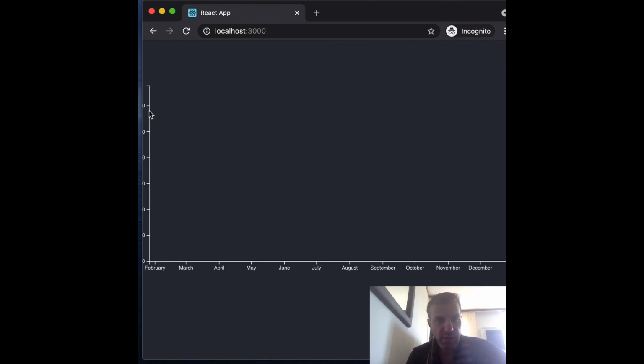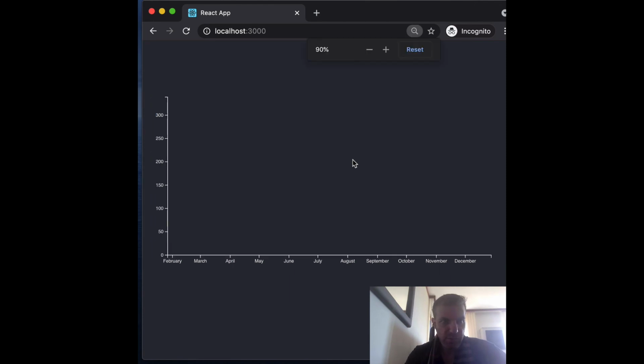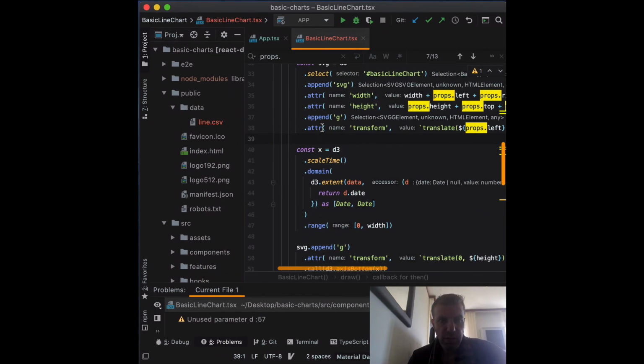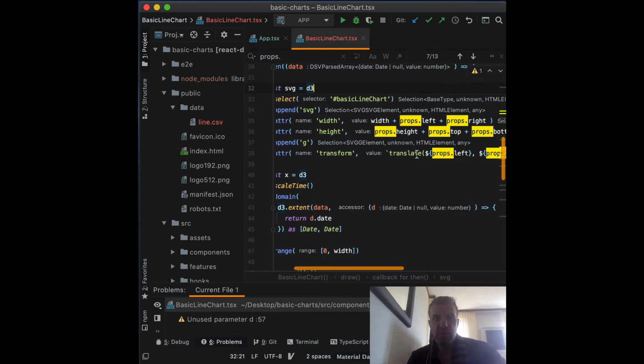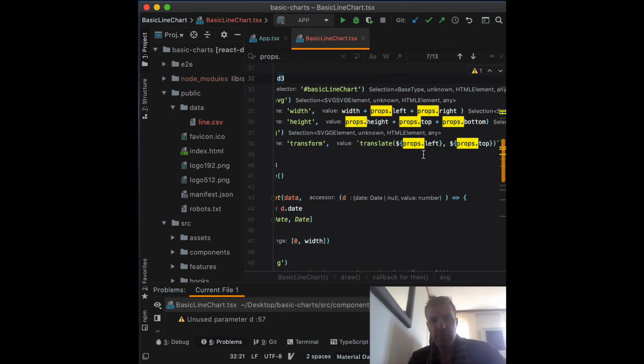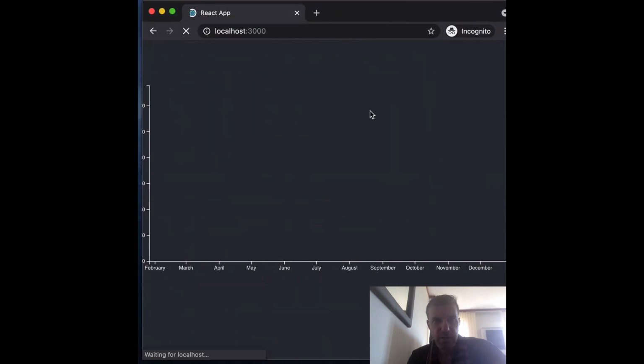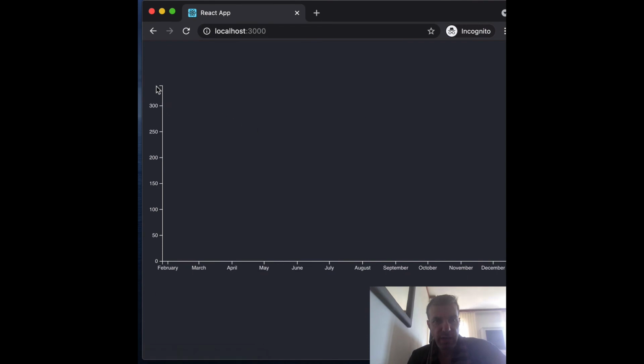And then here you could see we don't see the full values. If I'm zooming out, you can see the values are here, but it's not showing it. Check the bounds of our container. You can see here we do translate from the left top corner, but I'm using the width with the left and the right. So we don't need to use the left and the right because we're doing translate already from the left. So we can get rid of the left. And here we go. Now we got our